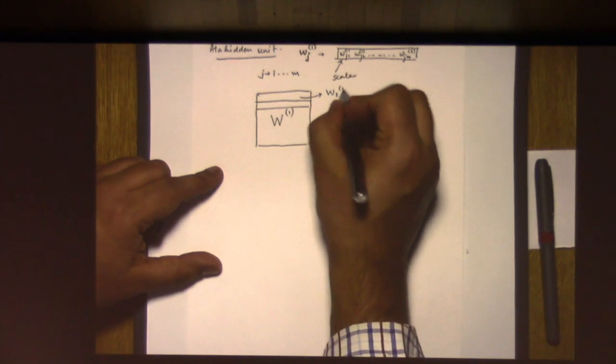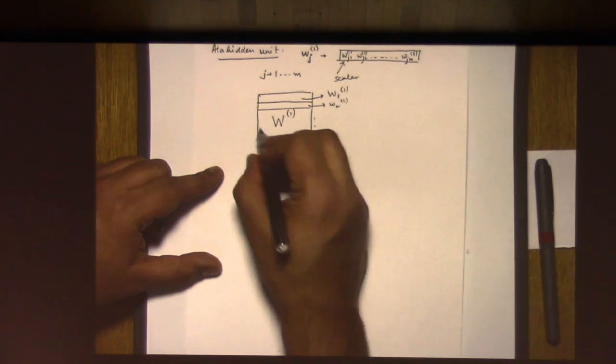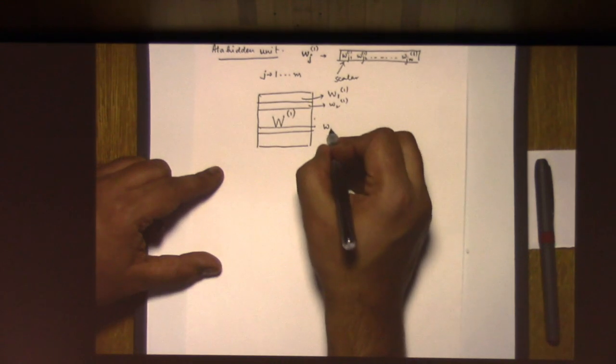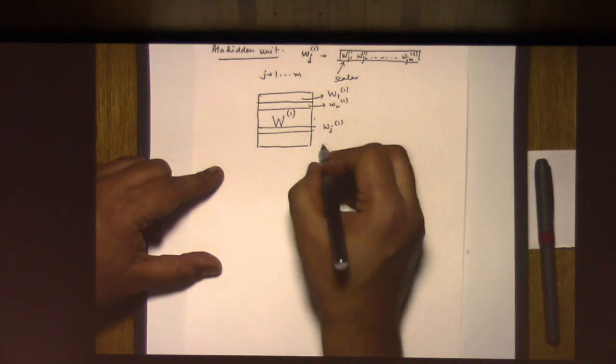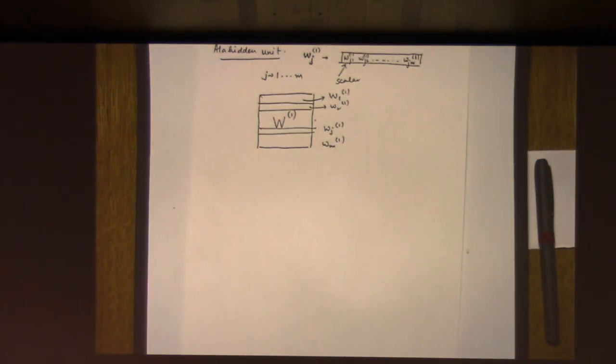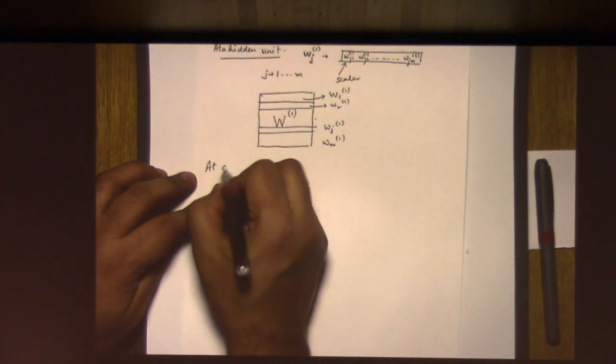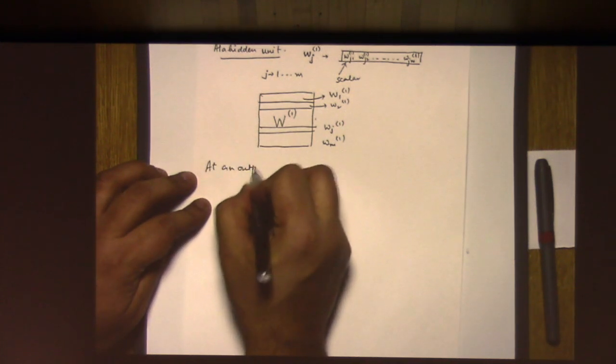So this will be 1, and this will be the second one, and so on. This would be the jth one, and this would be the mth one, right? So we essentially construct this matrix. This has nothing to do with backpropagation, really, but this is more to make our programming a little easier. Okay, so we maintain a matrix like that, and the same way at an output unit, we